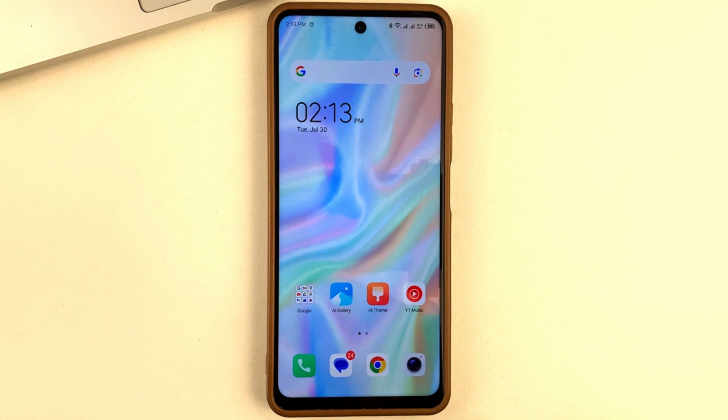And in this video, I will show you and tell you how you can scan a QR code on your